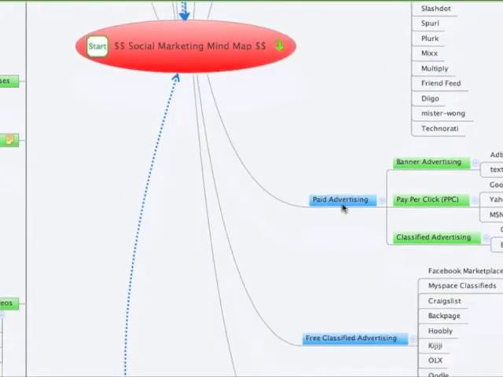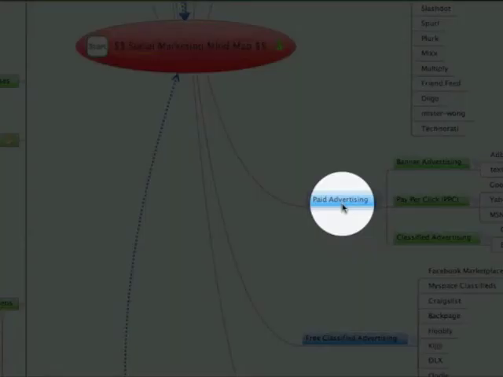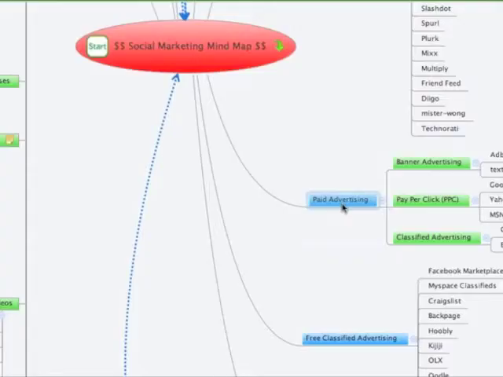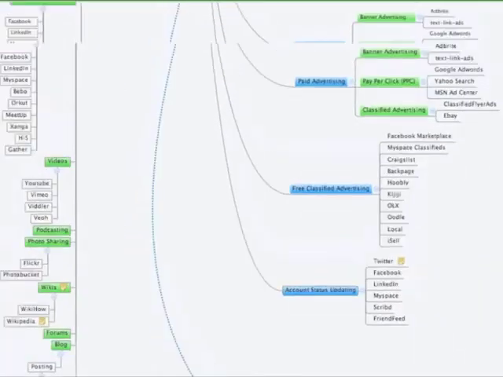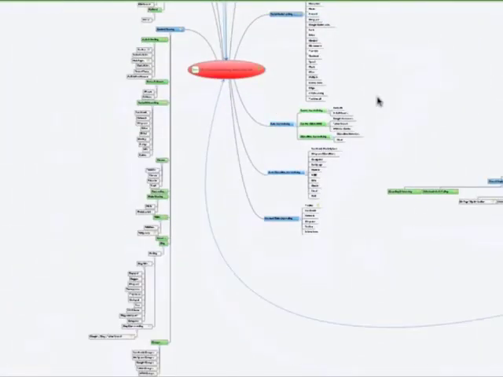Last thing I want to talk about for the social marketing mind map is paid advertising. Banner advertising, pay-per-click advertising, classified advertising. There's CPA advertising, I don't have that on here. There's a ton of different ways that you can advertise on the net. It just depends on your budget, and it depends on the type of ads that you want to have, and maybe even budget a little bit for testing and tuning your campaign too. So you have banner advertising, pay-per-click, classified, CPA, which is not on here. Those are probably my top four. That's it for the social marketing mind map